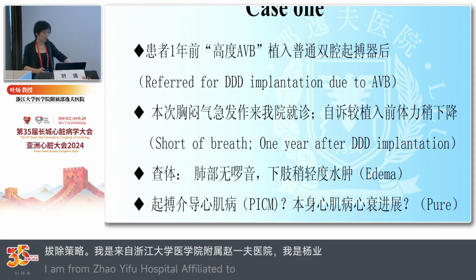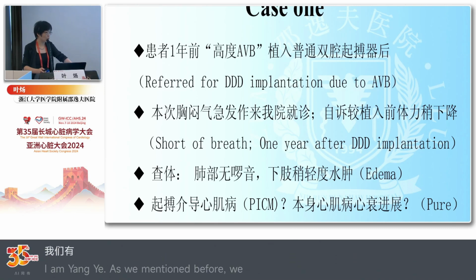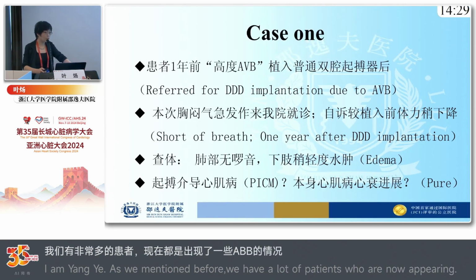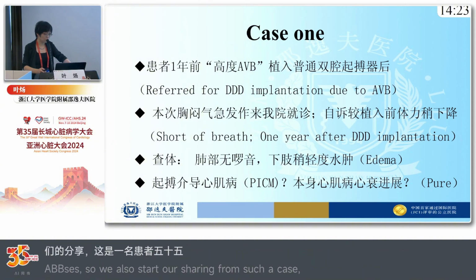As mentioned before, we have a lot of patients nowadays who have AV block. So we begin our talk from a case. This is a 55-year-old woman who was referred for DDD implantation due to AV block